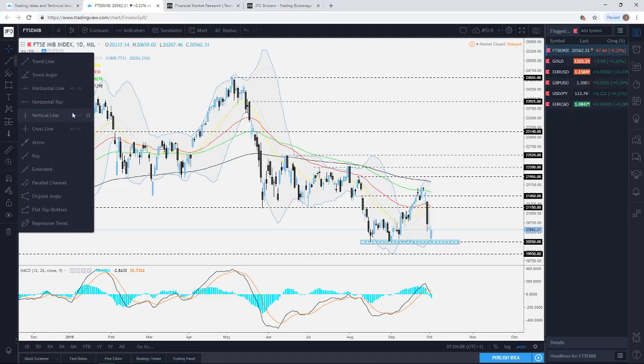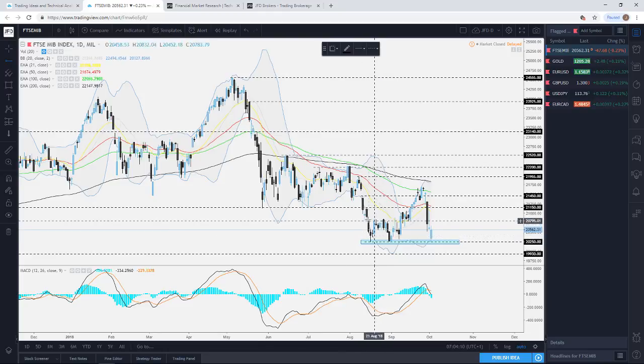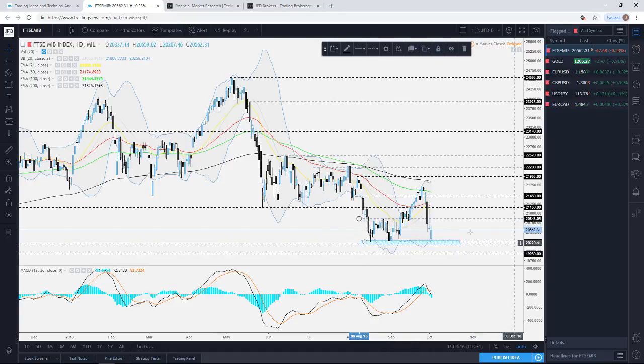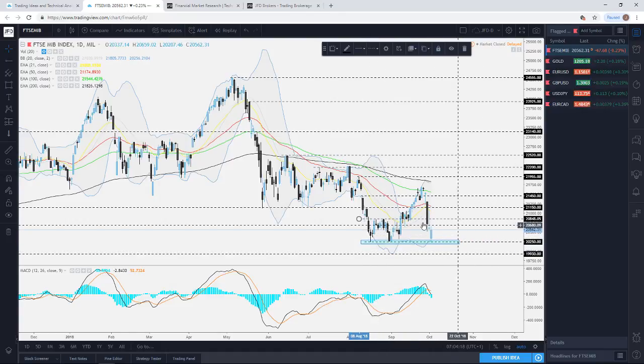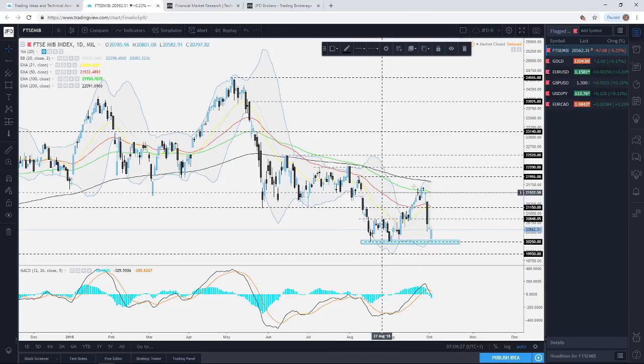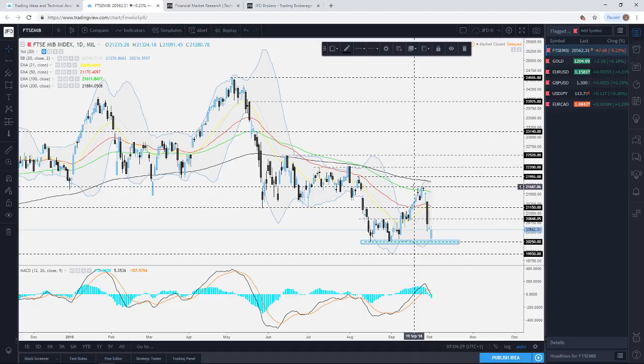From the very short-term perspective, you could maybe look at something like this. In a way, you could see this as a potential little range here at the 20,850, and again, it's a very difficult one, to be honest. For us to get more comfortable with the upside, we would need to see a good move back above this